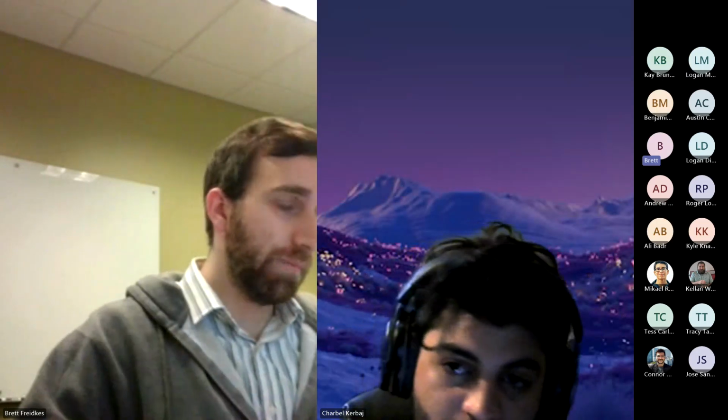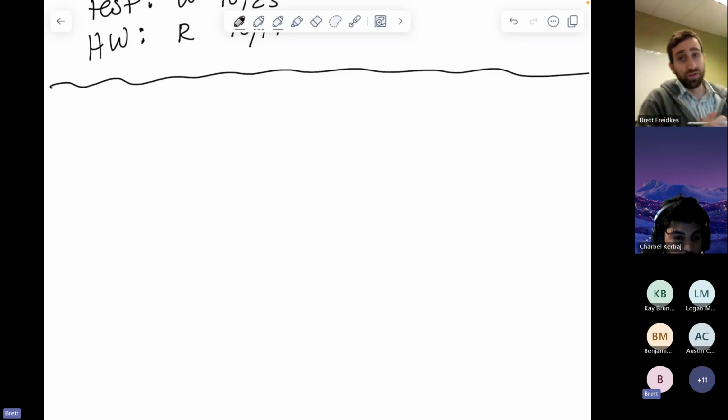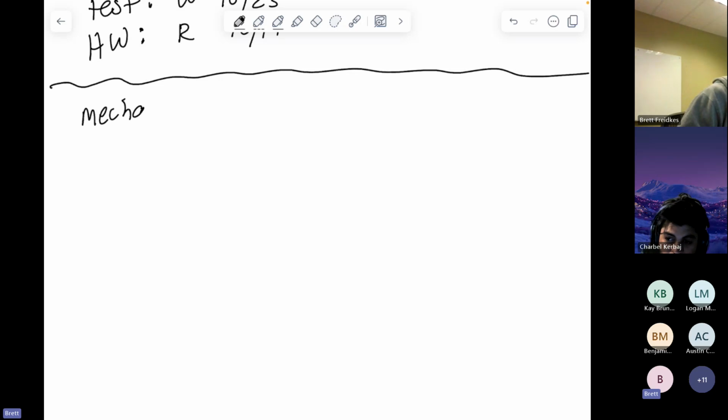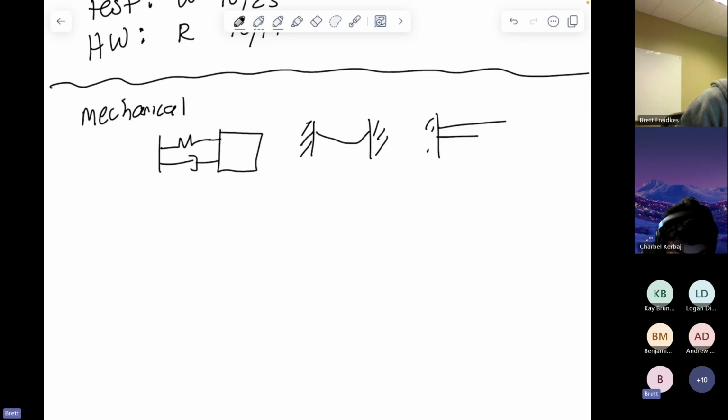Okay, cool. So, what we're going to start today is lumped element modeling. What we've done so far is that we've looked at the mechanical domain, and that was diaphragms, cantilever beams. We also looked at a model where we would take some sort